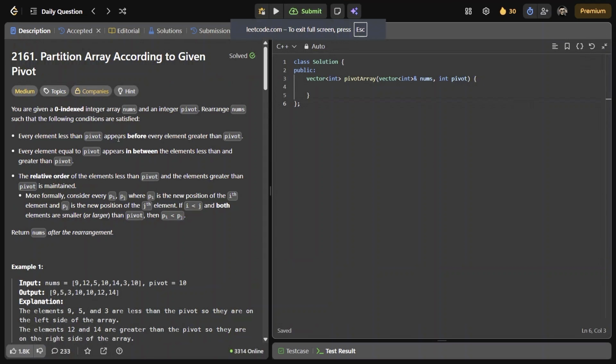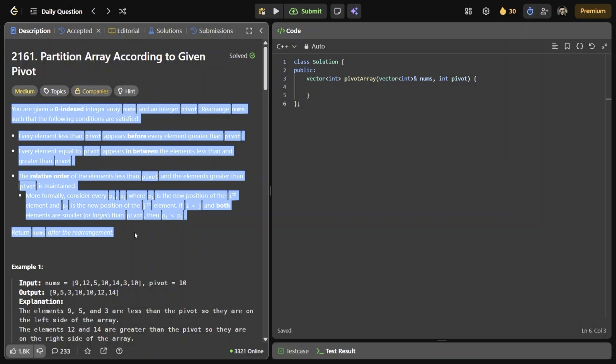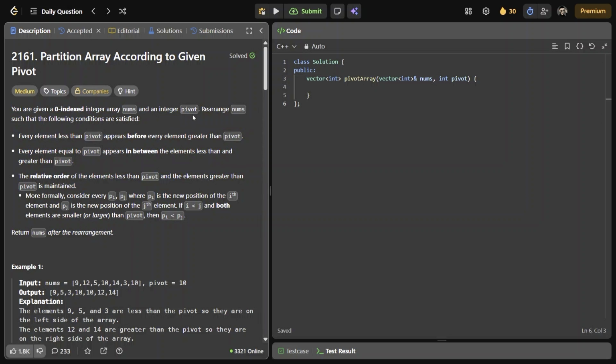Hello guys, so today we will be solving question 2161 of Leetcode, which is Partition Array According to Given Pivot. The question is marked as medium, but it's quite easy and the explanation is also straightforward. So you will be given a pivot and you have to arrange the elements of nums such that the elements smaller than pivot should appear to the left,